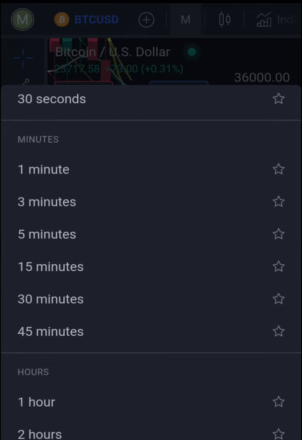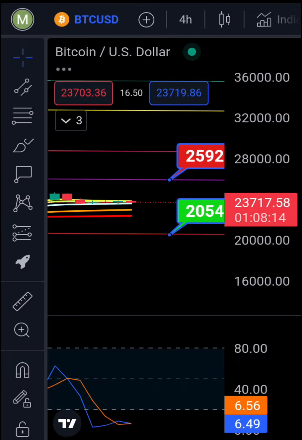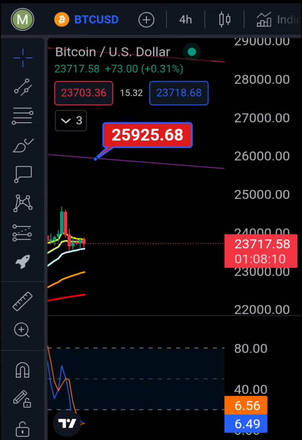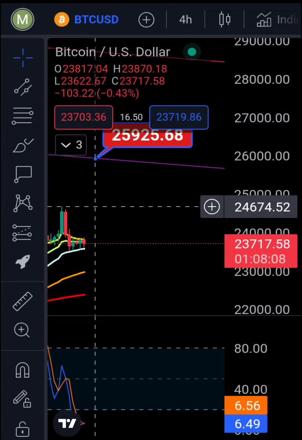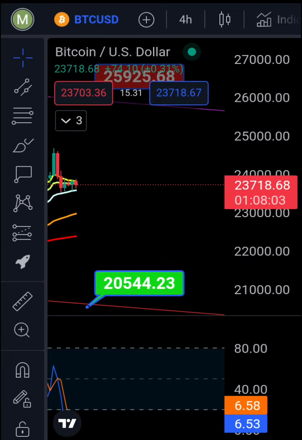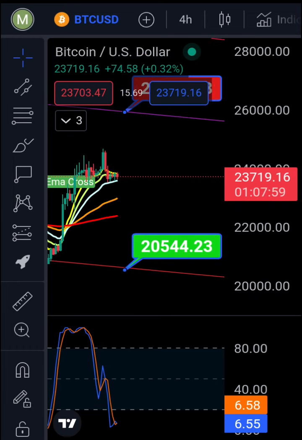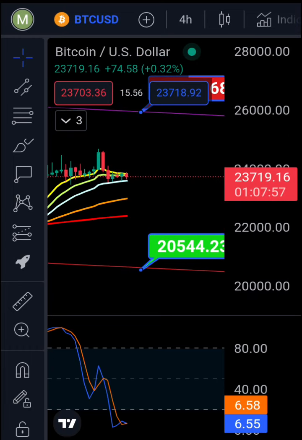On the other hand, on this chart, I'll show you my targets. If Bitcoin pumps up, we have 25,925, if it pumps up within today and tomorrow, and at the bottom we have 20,544. That is so low down there, but I do have other targets. Keep them in mind. Keep in mind 22,900 and